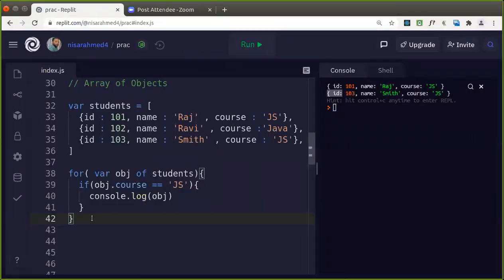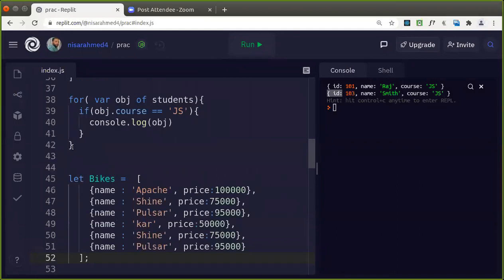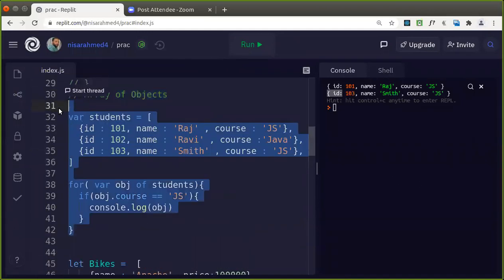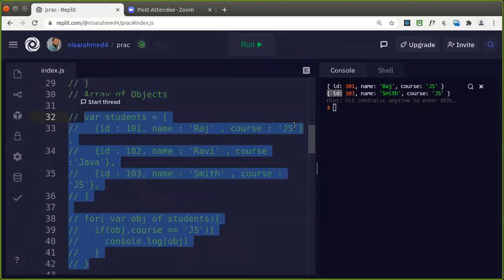Okay, fine. So this is another example that I'm taking up on array of objects.